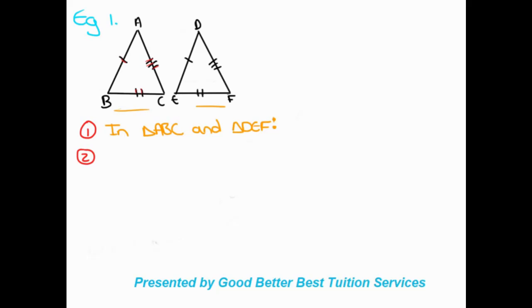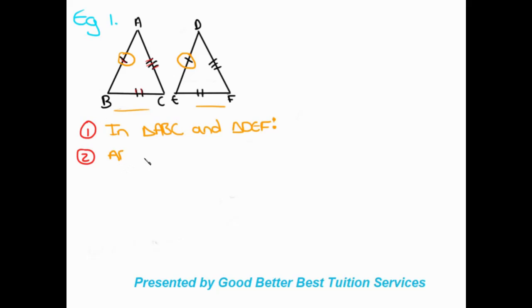So when it comes to step number 2, you're going to be proving what of both triangles are equal. So if we're trying to do that, we'll look for the sides that are equal first, okay? So these special lines over here, they tell us which sides of the triangle are equal. So you can see line AB has the same line going through it as DE, meaning that these 2 sides are equal, right? So we'll say